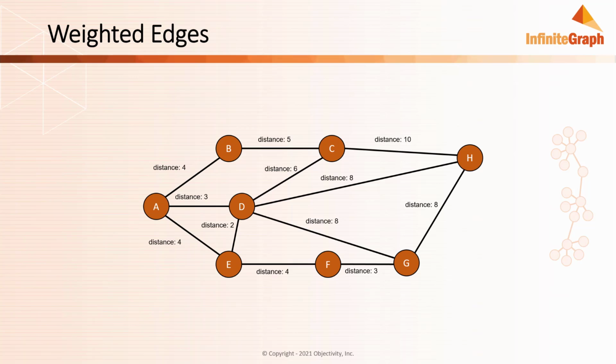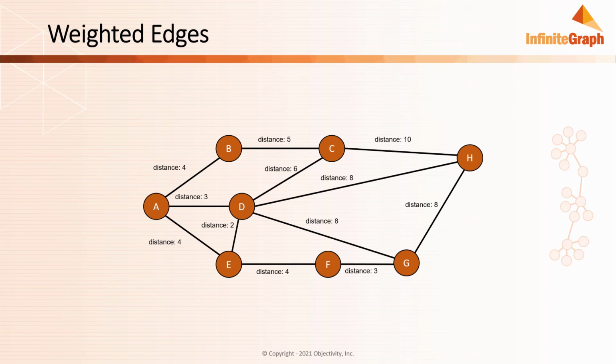Another background topic that I wanted to cover is the concept of edge weights. When working with graph data, users are often interested in some aspect of the relationship between the individual entities. Consider a map where towns are the nodes and the edges are the roads between the towns. We could say that the edge weight is the length of each road. We could then use these edge weights or distances to find the shortest path between two towns, say A and